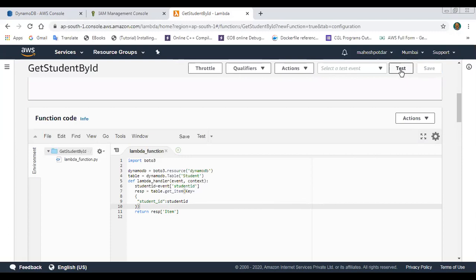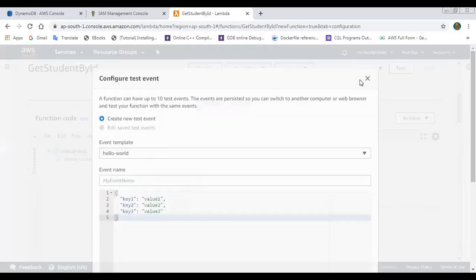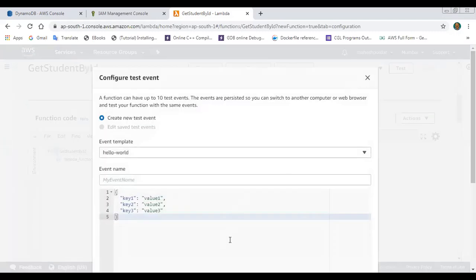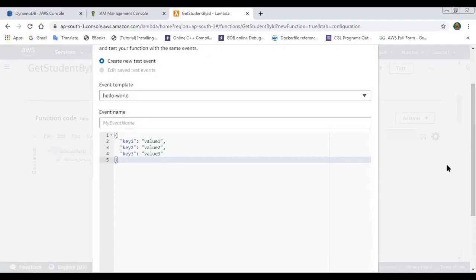I'm clicking on configure test event. After you save the function, configure the test environment. This is the test environment provided by Lambda for testing the function.